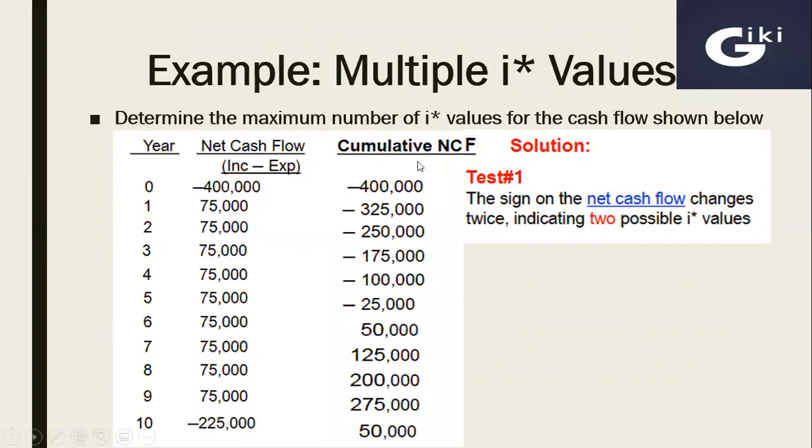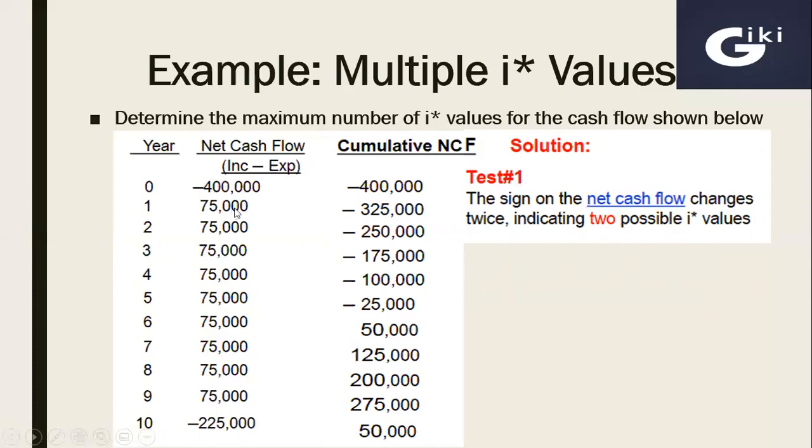Then we can calculate the cumulative net cash flows. The cumulative net cash flow series is the running sum across the years. So at time 0 we have minus 400,000, it will come as it is, and this again the net cumulative cash flow will be the difference between time 0 and 1.